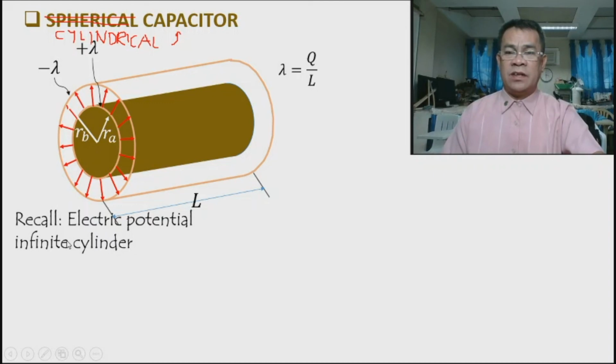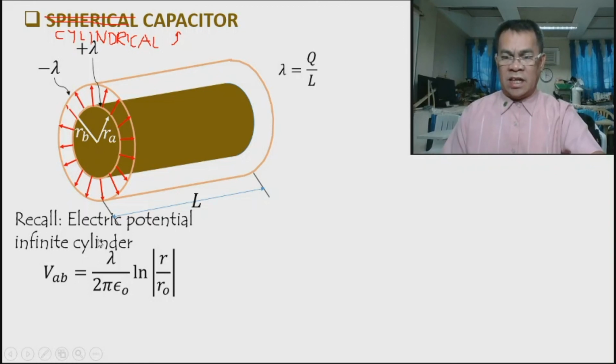In our previous video, the electric potential for an infinite line or conducting cylinder says that the potential difference of the infinite line or conducting cylinder